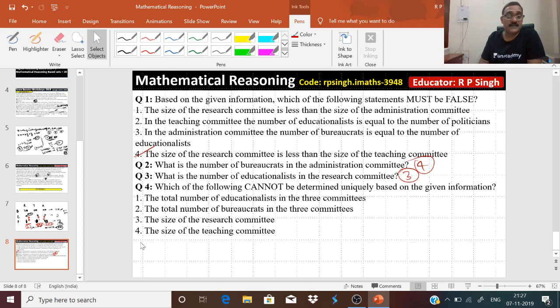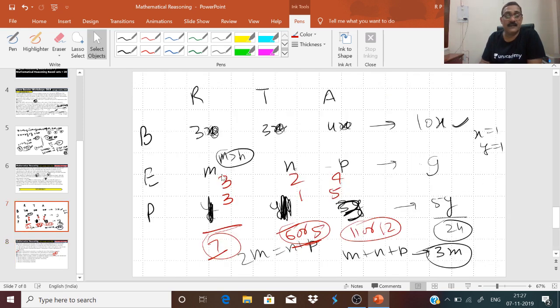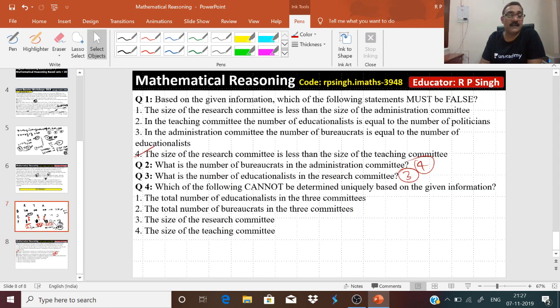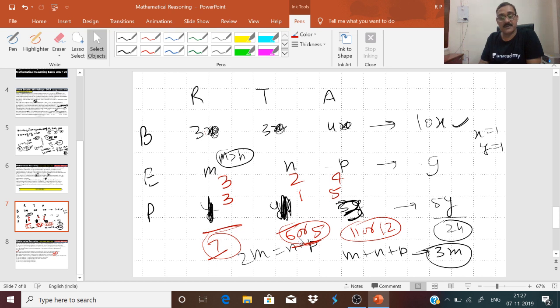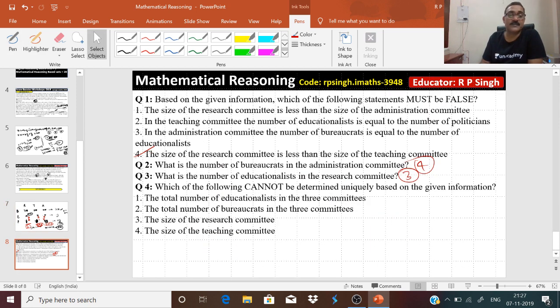Size of research committee, guys, it is fixed, that is 7, it is also determinable. Size of teaching committee, yes, because there are 2 possibilities, 6 or 5, right? Either 6 or 5, because both the values satisfy the conditions, so you can choose this one